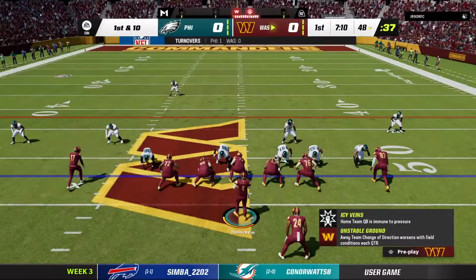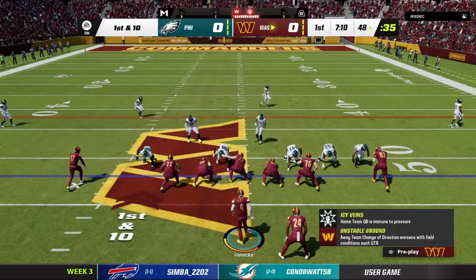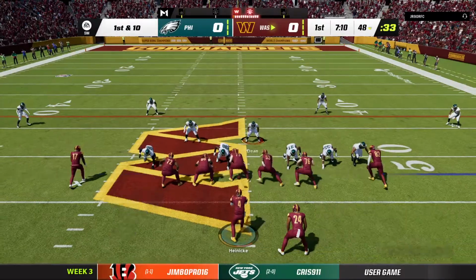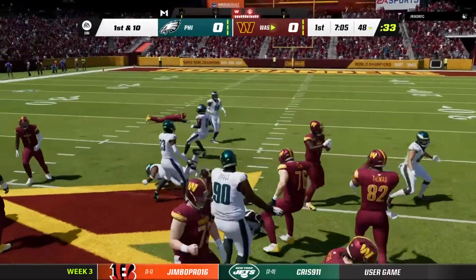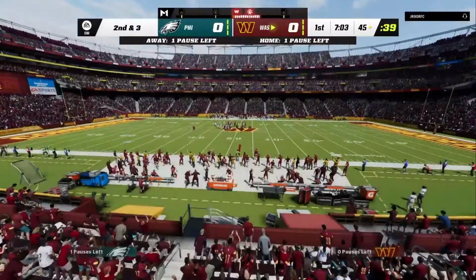Unfortunately for him, if last week was any indication, we knew a pick was coming at some point. Last week it was interception after interception, and here we go again. We actually quit counting last week at a certain point because I thought I was going to...